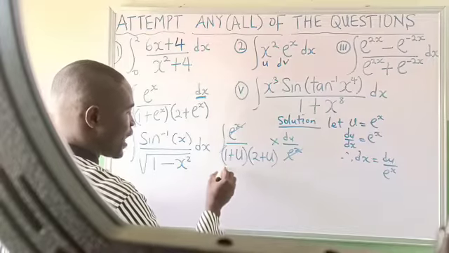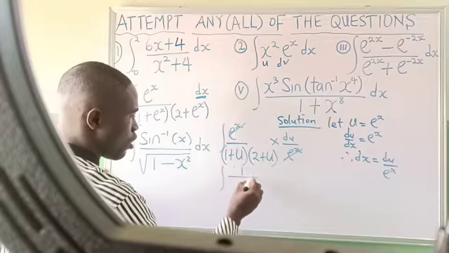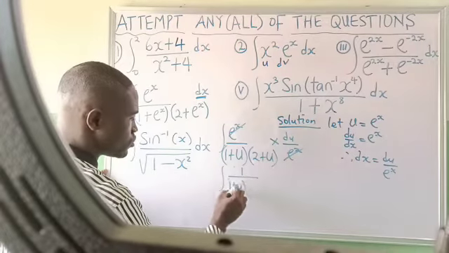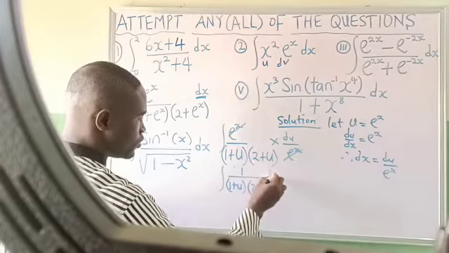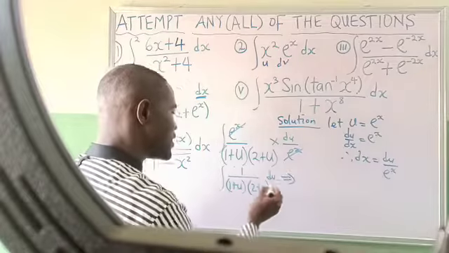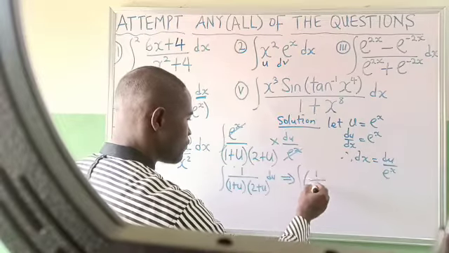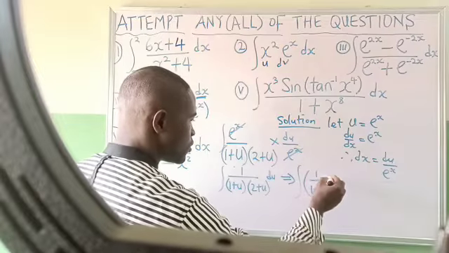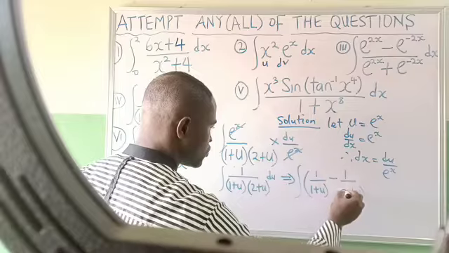Now you will be having integral 1 all over 1 plus u, bracket 2 plus u du. So everything is in terms of u now. Do you know that this simply means integral bracket 1 all over 1 plus u minus 1 all over 2 plus u